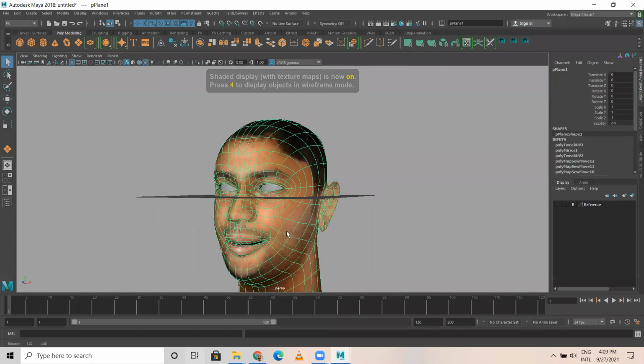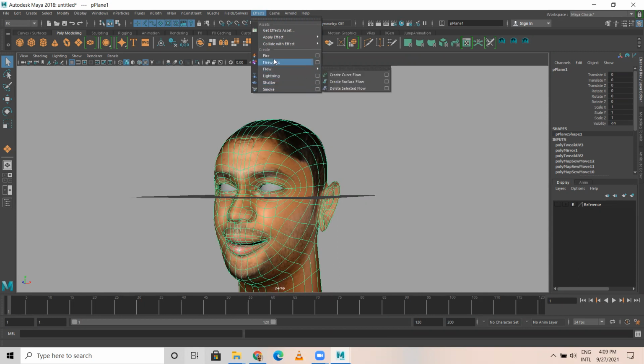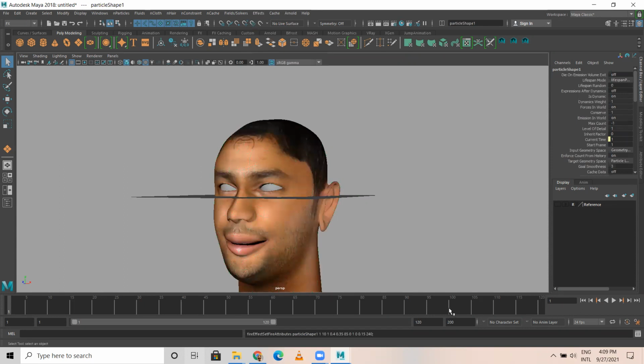I select this one. There's an option called FX. Under FX there are a few options here. Let me show you this separately, but let's go with fire first. I'm selecting the fire effect.